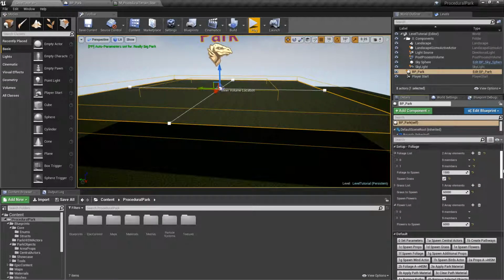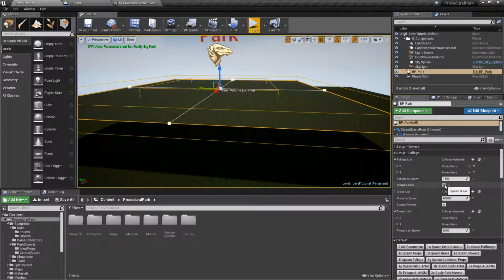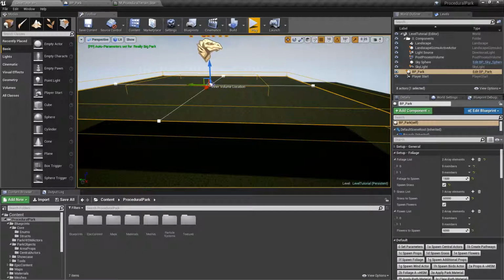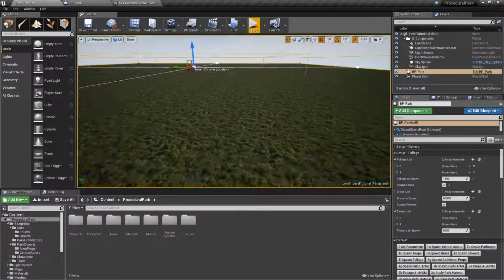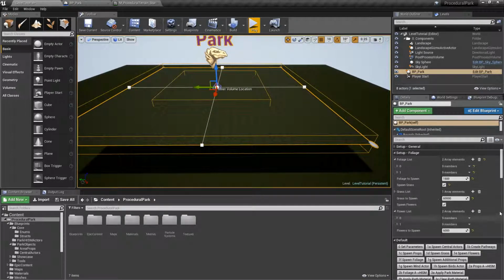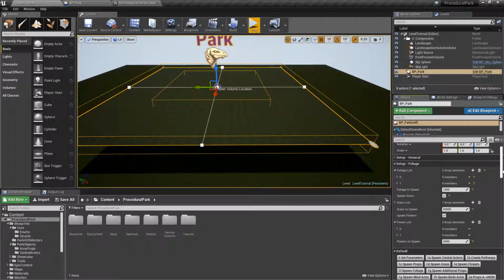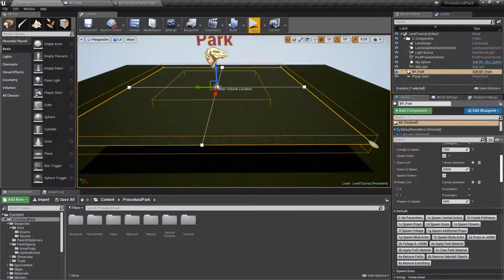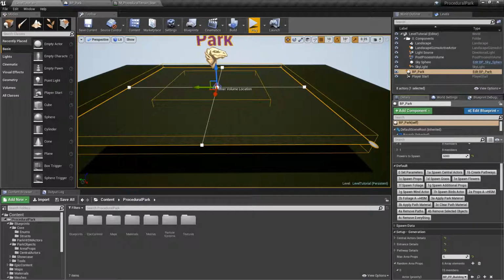Notice that spawn grass will be automatically enabled by default. Which means that, because we're assuming you're not using a landscape, you want to spawn your grass as instanced static meshes. Otherwise, if you're using a landscape, meaning you want to hide your floor, you probably don't want to spawn the grass. It's as simple as that. So if we come here and say we're using a floor, and we just click on spawn grass,